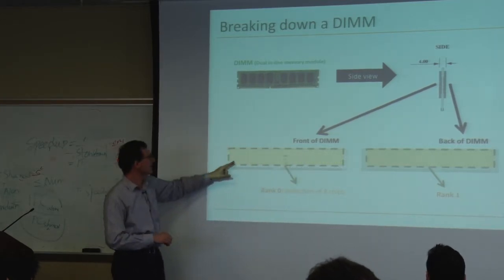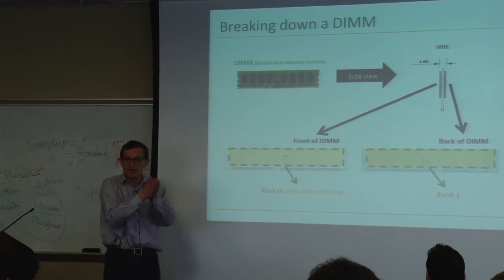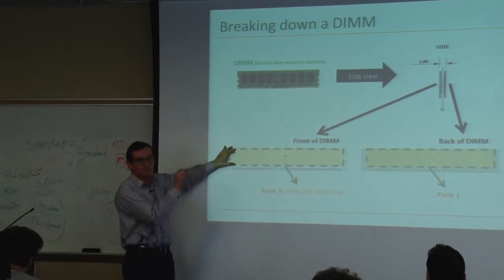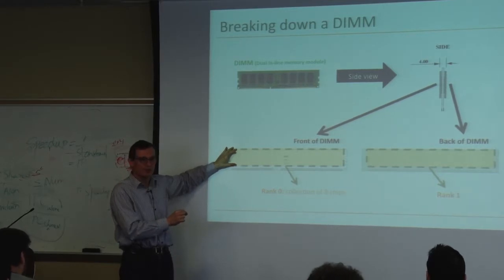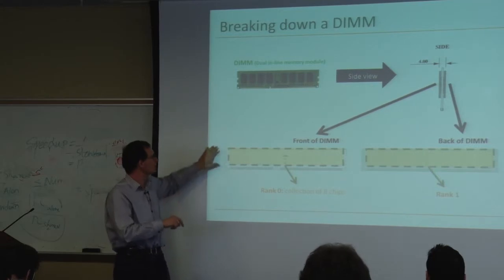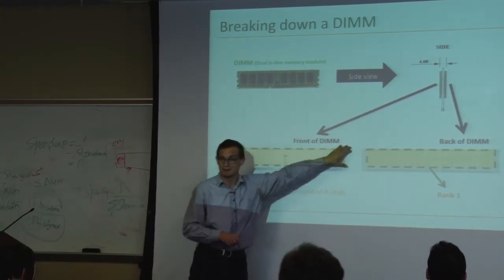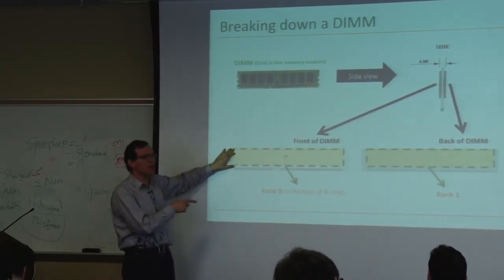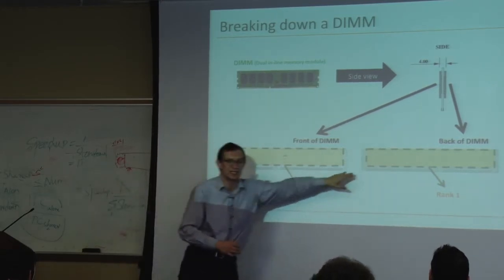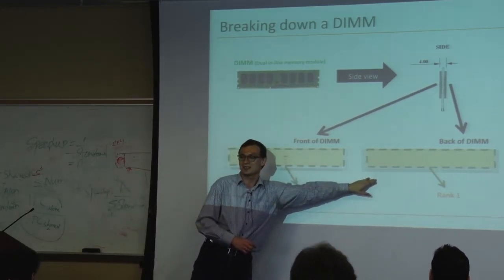Why? The reason is each DRAM chip has a narrow interface. For each chip, you get 8 bits out of the chip. This is to reduce the chip cost. So if you want to get 64 bits in one access, you put 8 chips together as a rank. You send the same command, same address to them, and they respond with consecutive 8 bits. Make sense? That's the idea of a rank.